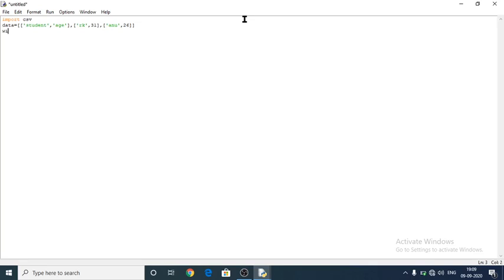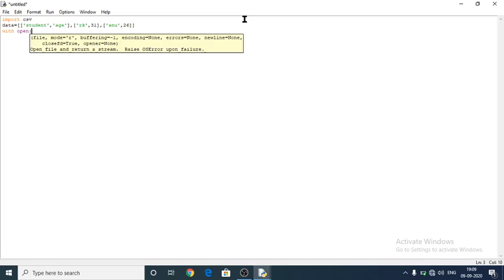Next one is with open. I have to specify the path, in which folder of my computer it should be saved: E colon, and next I have to specify the folder name, pyprg, and next I have to give the file name for this one, pupil.csv, and within that I want to give the mode of the file.